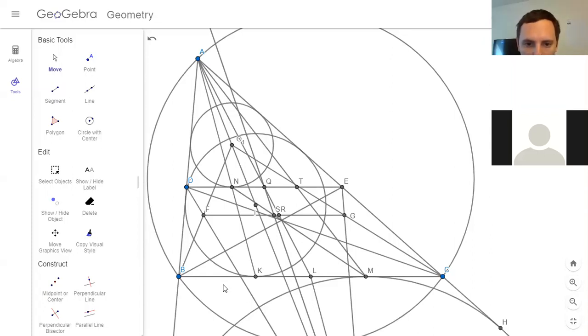You know what? Maybe there's some easier way, just like using Ceva's theorem, I'm wondering. So if we can show, I mean, so